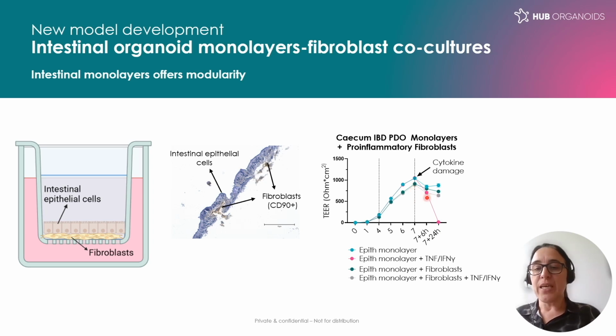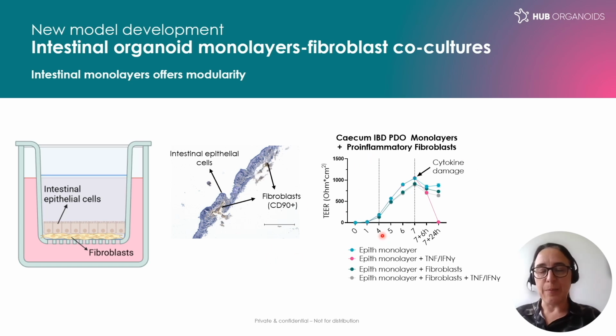But then when we add these fibroblasts, we can see, and I think the most relevant one is the gray compared to the pink. So this gray compared to the pink, when we have fibroblasts and the monolayer in the presence of the cytokine damage, then we have a rescue, or there is a protection with the presence of the fibroblasts against this cytokine damage that impacts the epithelium. And then, in this sense, we are also already exploring other combinations,